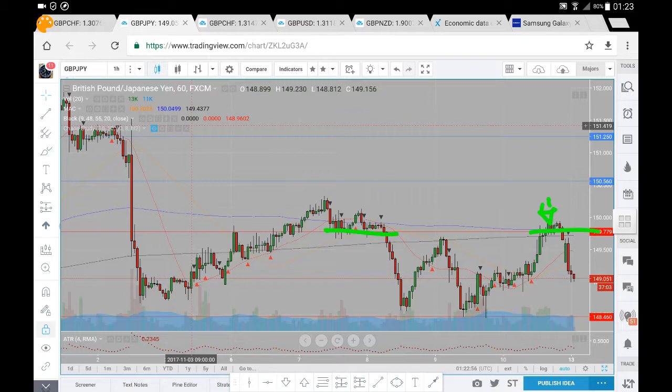Essentially, we've had this run up. We've taken out these highs here. We've broken above the 200 period moving average, and we've come into resistance, and we've subsequently seen the sell-off just here. So what we could potentially see from here now, well,